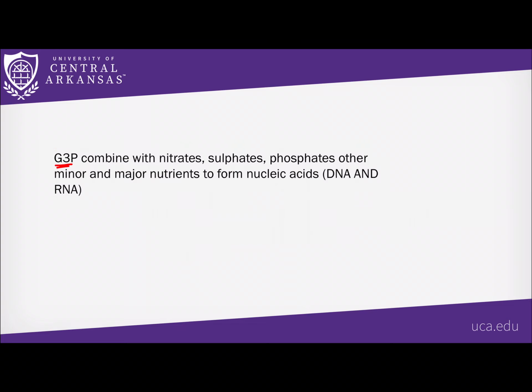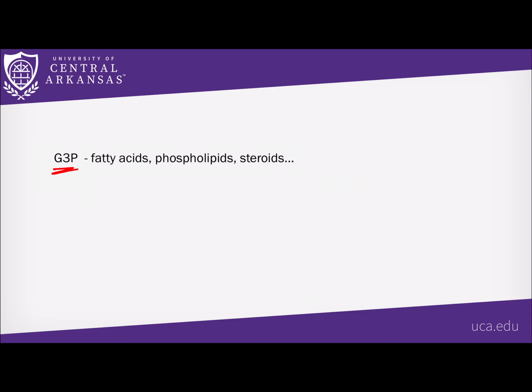Now, G3P also will combine with phosphates to make DNA and RNA. When the cells divide, the new DNA comes from this G3P, and also the RNA, which helps in protein synthesis. G3P also can be converted into phospholipids, which is taking phosphate, which is your cell membranes. So as the cell grows, the cell membrane comes from the G3P, which is converted into phospholipids,